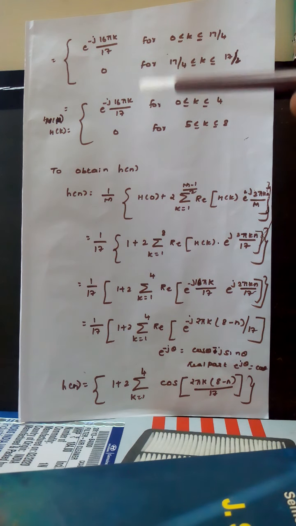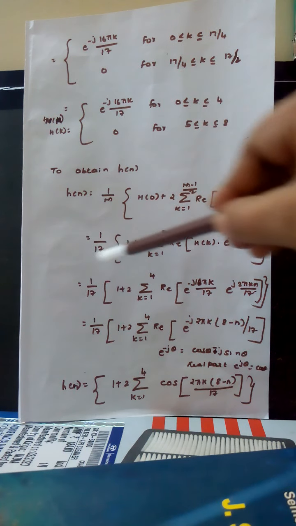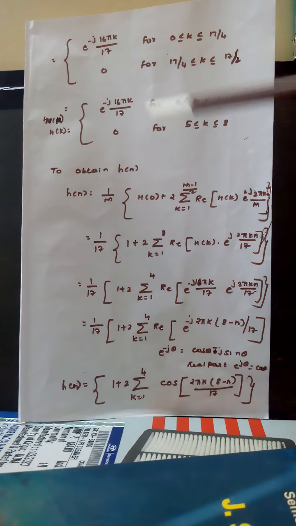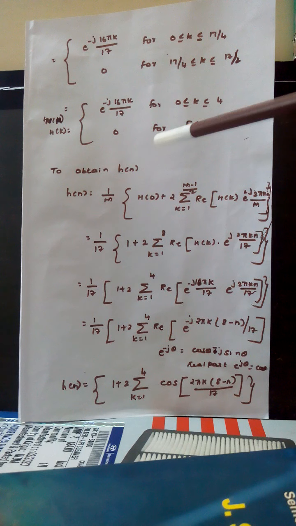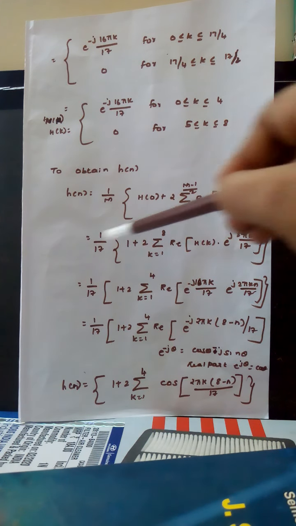So now, from this, the next step is we have to find the inverse discrete Fourier transform. Already we got this equation, depending on whether the order of the filter is even or odd. Here we are getting the m value as 17, so it is odd. So your h of n value will be 1 by m into h of 0 plus 2 into summation k equal to 1 to (m minus 1) by 2 of the real value of h of k into e to the power of j 2 pi k n by m. Correct. So here the m value is 17, minus 1 by 2, so it is 16 by 2, so it is 8. So this is the equation we are getting.